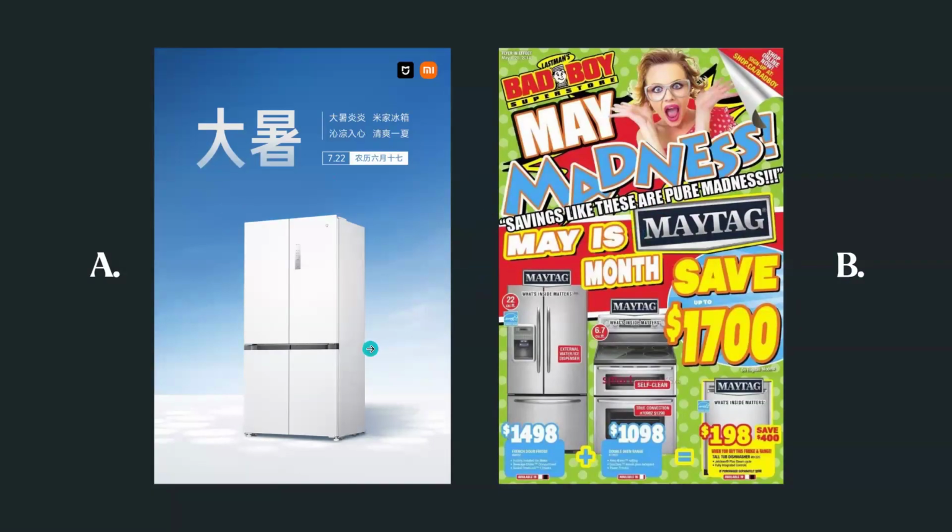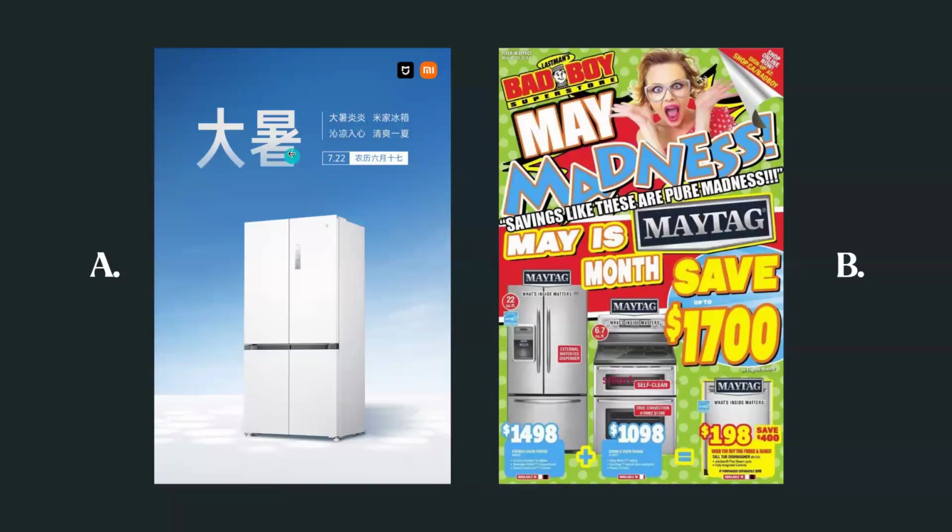The main purpose of white space is to let the main subject, whether it's typography or imagery, breathe. If you look here, this is the singular main subject, but it has so much white space. We can use it to convey our message with typography or anything else.